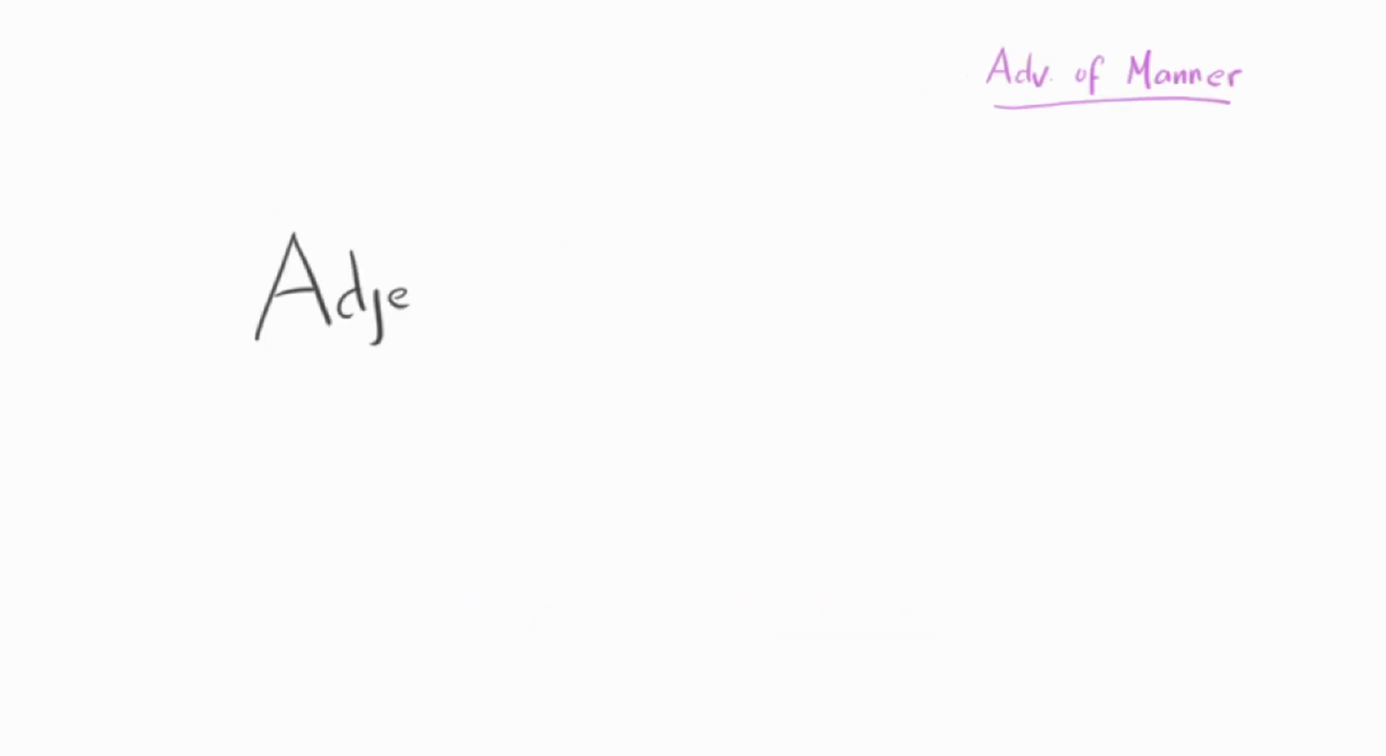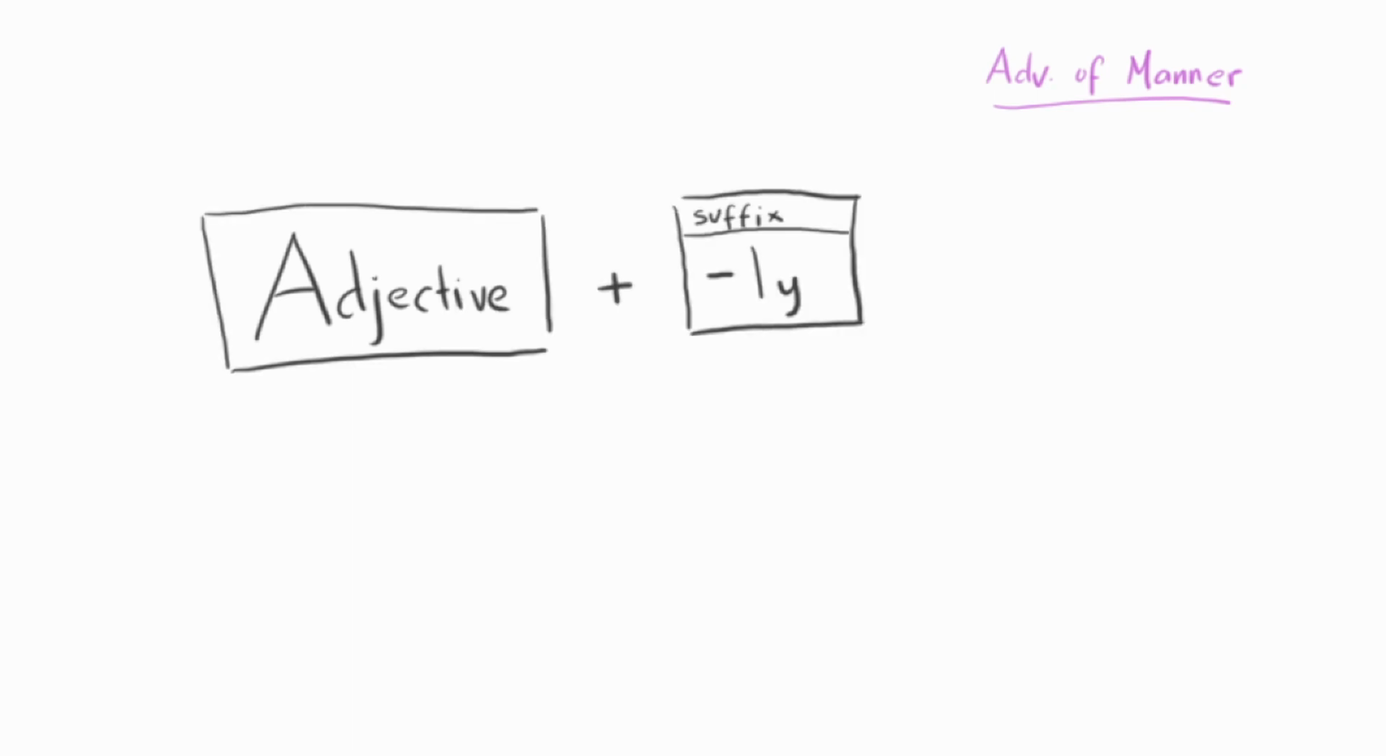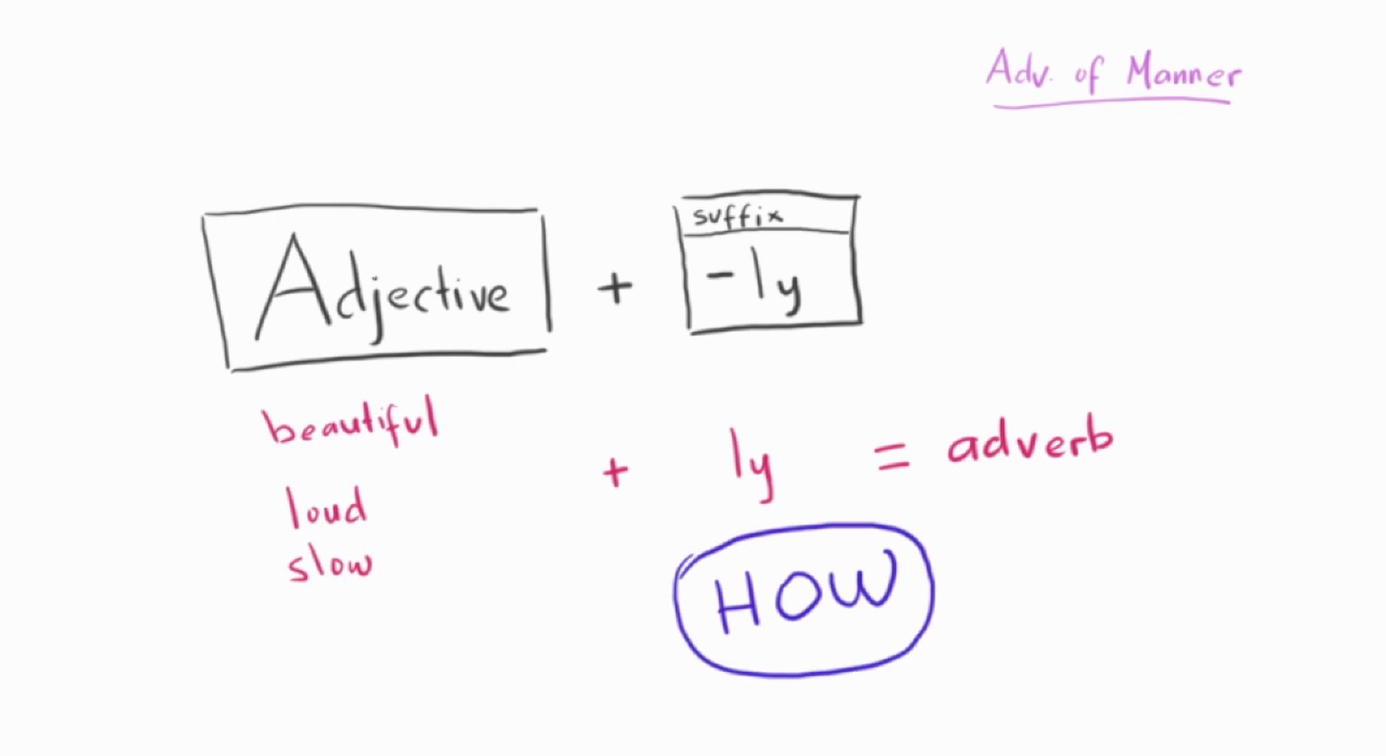Adverbs of manner usually come from an adjective with the suffix "ly". We already know that beautiful, loud, and slow are adjectives, which are used to describe a noun. When we add "ly" at the end of those adjectives, they become adverbs which can be used to describe how